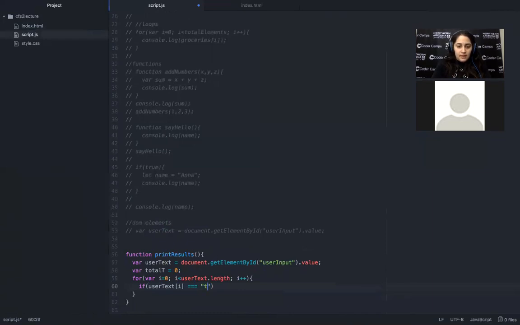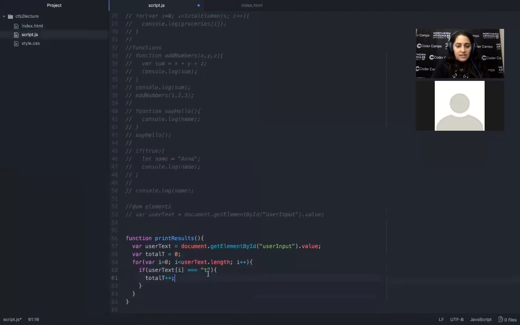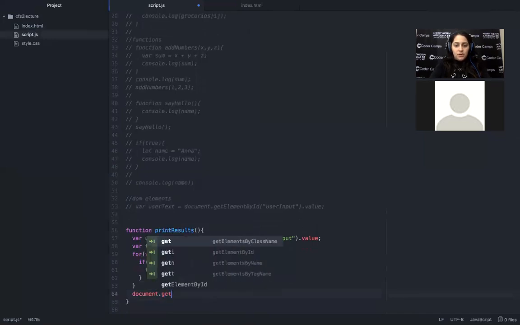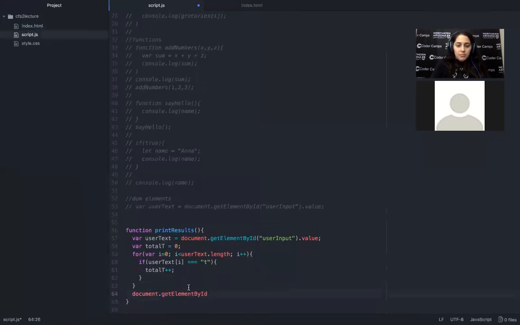Okay. And then I'm going to add 1 to total T if that is true, right? So if it is equal to T, then total T is going to be updated, and that will go through the loop and loop through everything. So once that's done, we can print out our results. So document.getElementById result dot innerHTML is going to equal total T's equal